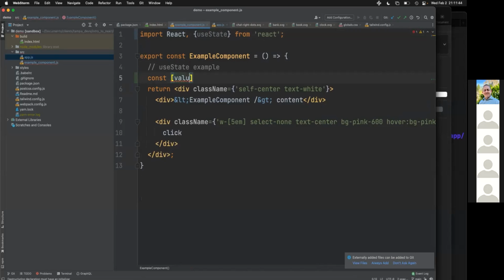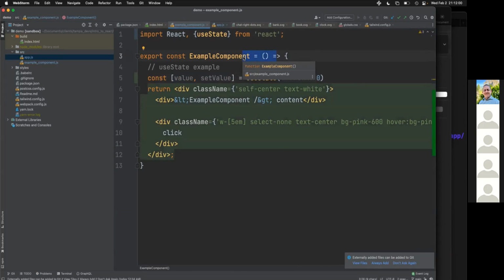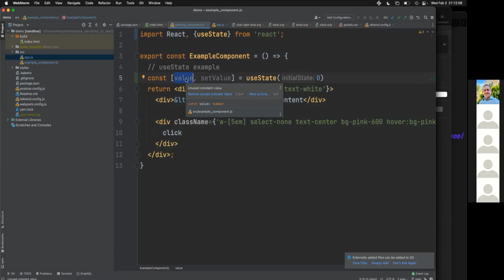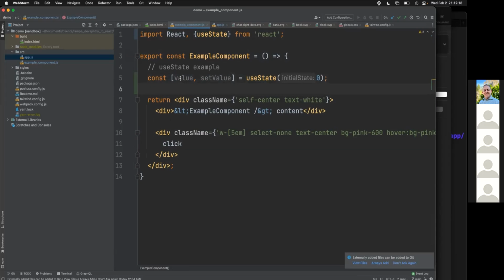So I'm going to say value and then something called set value. So what this does is, in this variable value, whenever basically every render, which happens many times a second, if something changes, these variables will be declared, right? The value will be declared, and the set value method will be declared from this use state. There's some smart things that go under the hood to make sure that it runs performantly, but